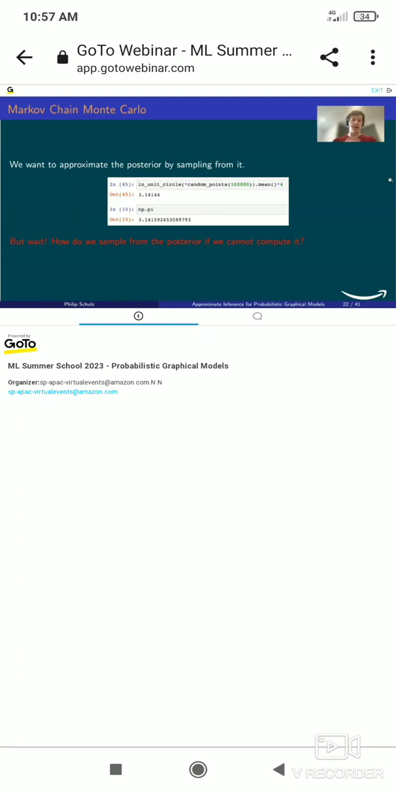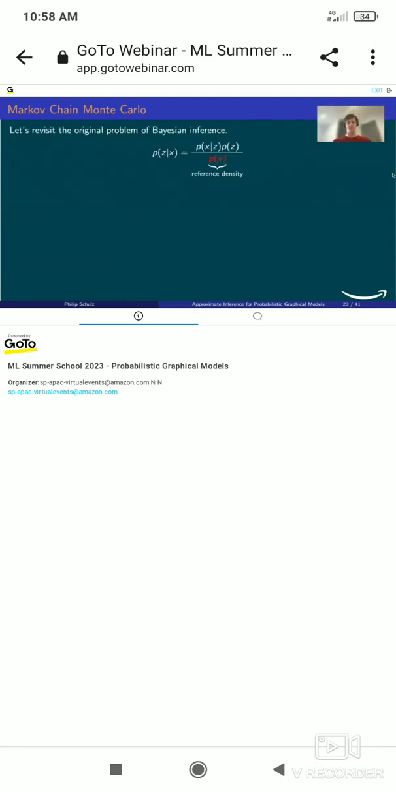Okay, and that is exactly what we're going to do with our posterior. So instead of approximating the posterior with another distribution, no, we're going to draw samples directly from the posterior. And now you may say, but wait, how do we sample from the posterior if we can't even compute it? So let us turn back to the original problem of Bayesian inference,